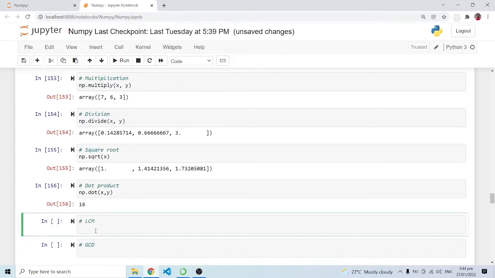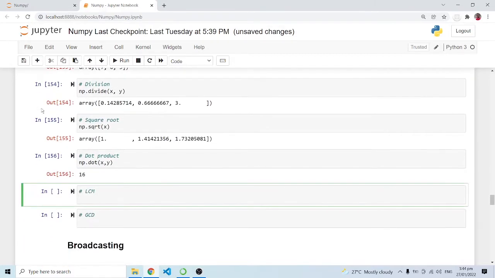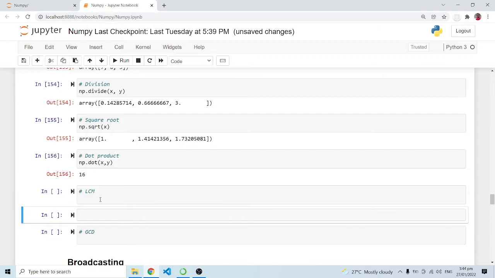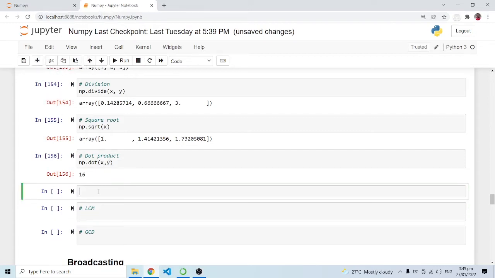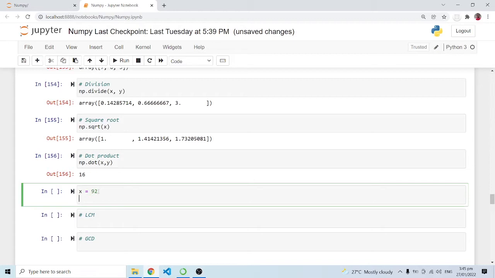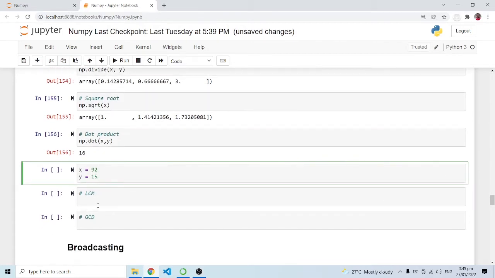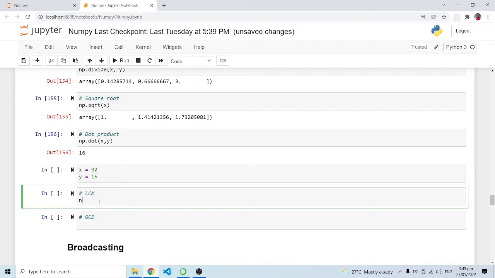Now you can also check out LCM and GCD. So once again, let me put out a new cell over here, and let's have x as, let's say, 92, and y is 15. I want to look out for the LCM of x and y, so we can do np.lcm, and we just pass in x comma y. And when I run this,